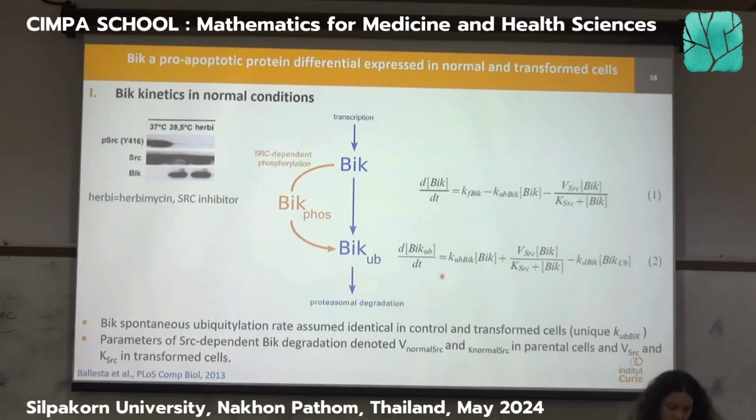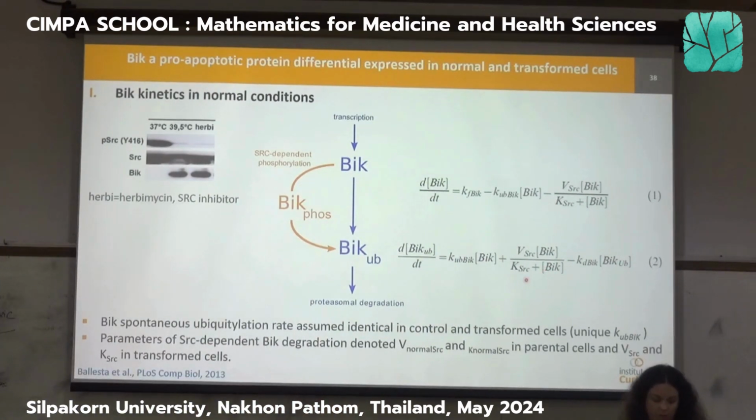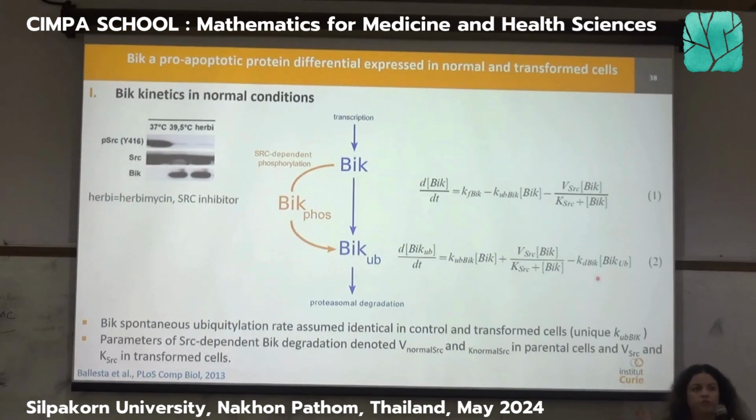And now for BEAK ubiquitination to BEAK up. As you can see, whatever is here will go there, okay? Then it's the same, whatever will go here will go there. So you have two positive terms for the creation of BEAK up. And then you have a degradation term, because BEAK up is not supposed to stay here, it's supposed to be degraded by some part of the model that we call proteasome. Okay, so we have the model, but remember that we have two cell populations.